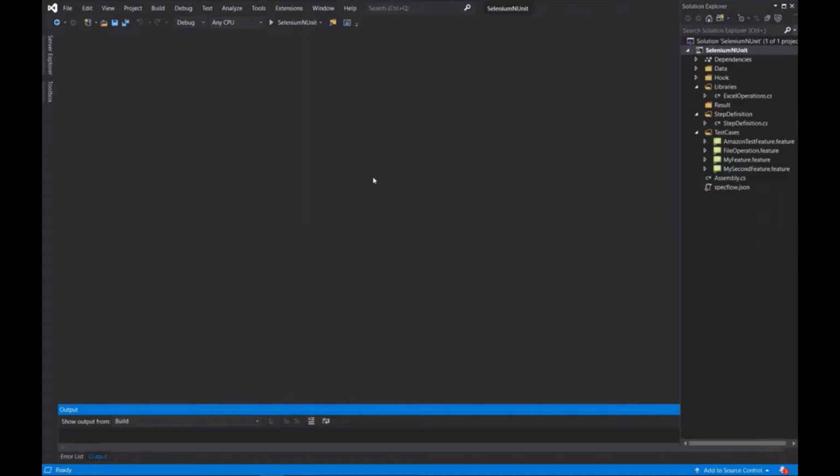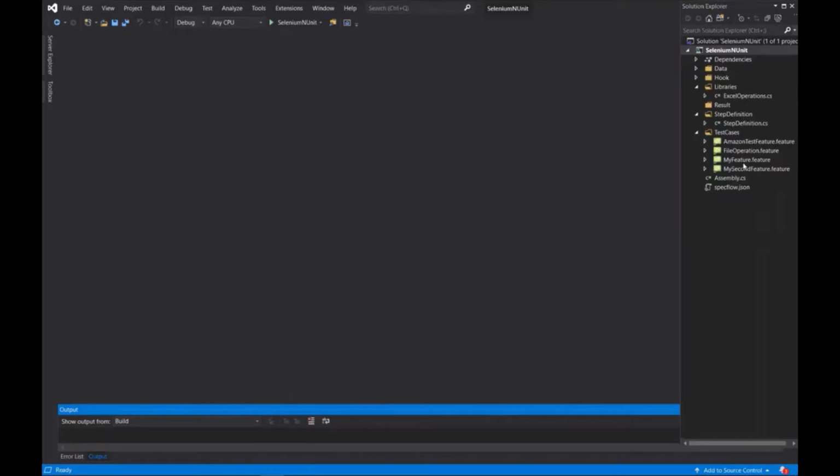In our last video, we went through how to create and add data to an Excel sheet. Excel sheet is most widely used in automation frameworks to maintain the test data. So it is important that you handle the input-output operations for an Excel sheet in your framework. As in our last video, we went through how to create an Excel sheet based on the data which we have provided through the feature file. Now we'll see how we can read data from the Excel sheet.